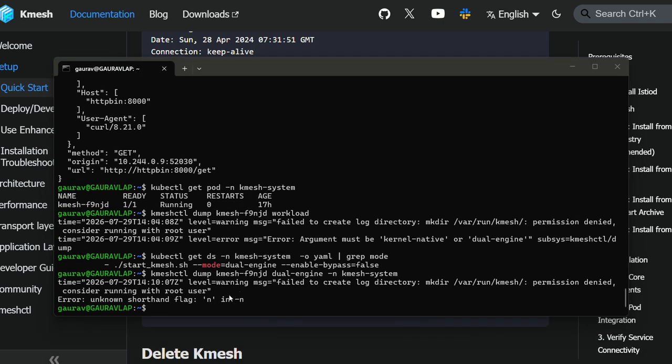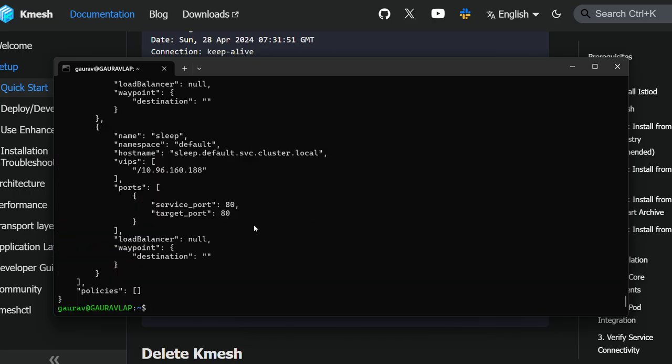It means that our pod name is unique, so we don't need the namespace flag here. We just need to do this. And yep, as you can see,